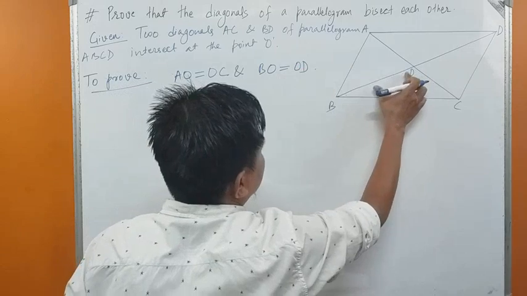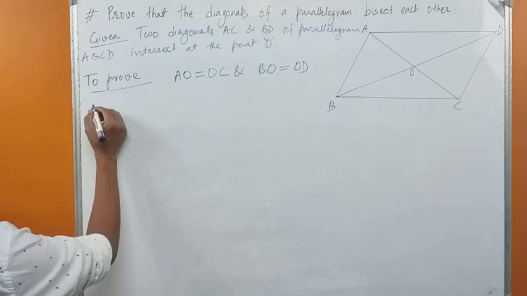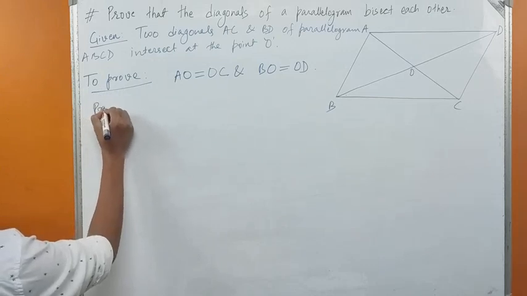BO, length of BO must be equal to length of OD. Okay, this is what we are asked to prove. So let us prove this. Proof: